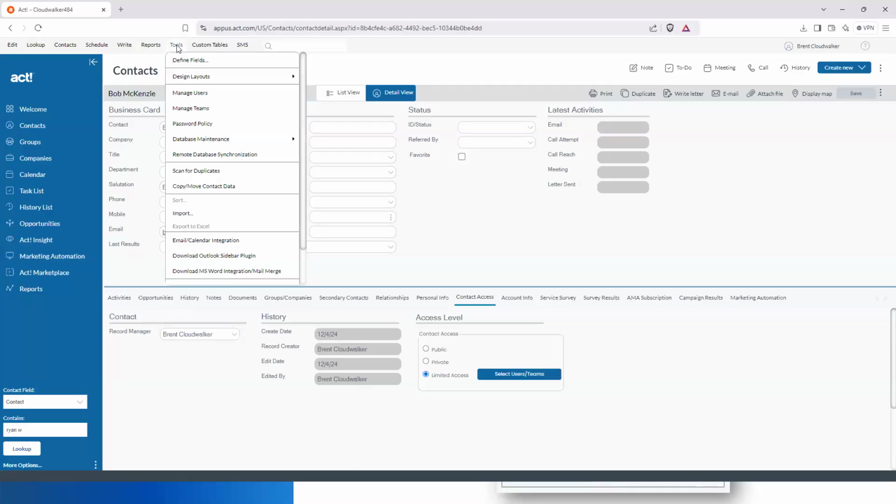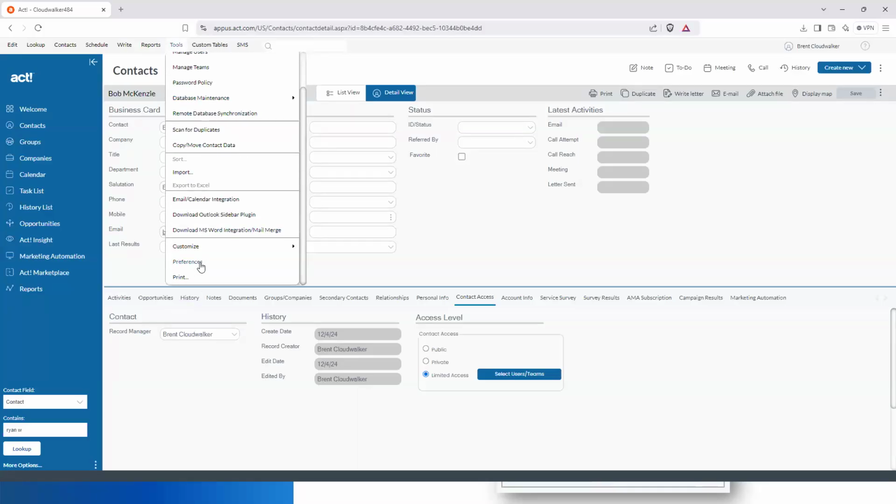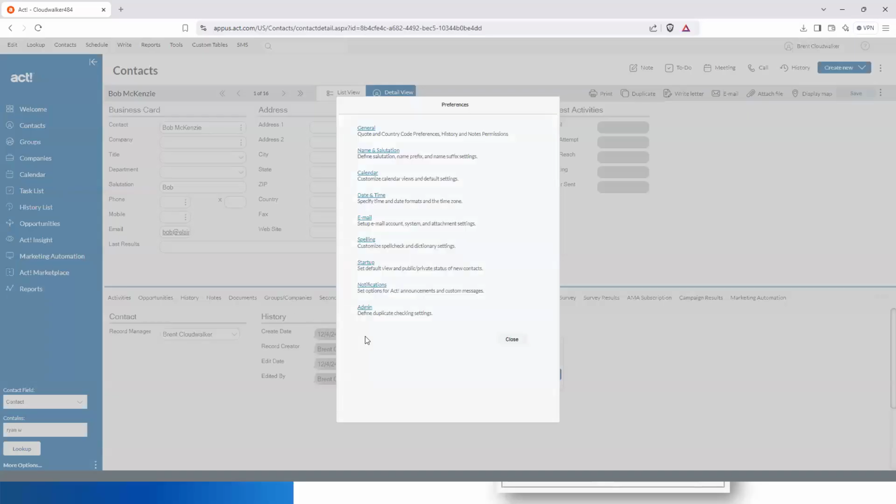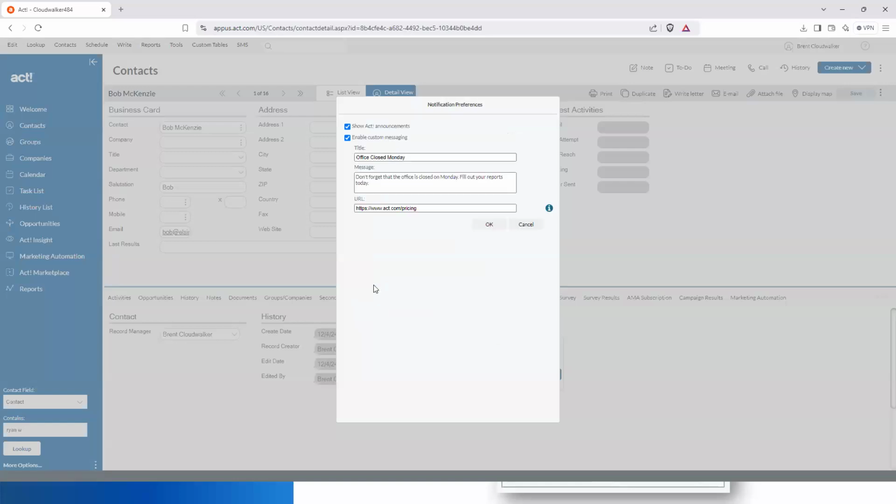One other thing I want to show you in the preferences area is notifications. Now, this is something that admins can do. If you want to create a notification and send it out to everybody at your company. By default, I believe this is turned off. But what you can do is enable this and type in a little message and send it out to everybody at your company. What'll happen is there will be a little window that pops up in the lower right corner to display the message that you're sending out to everybody. And you can even add a link to it to click to somewhere that you want to get somebody's attention.